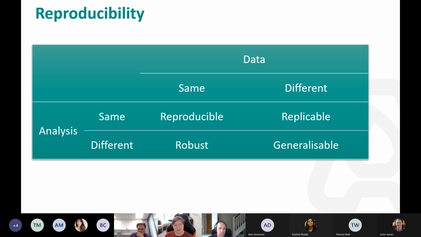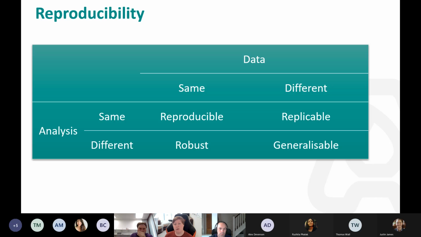Data is inherently very complex. You can have the same code, run it over different data, and have a different outcome. Similarly, if we use a different algorithm, we get a different model. So there's a lot of complexity inside the analysis and data science part of reproducibility of our code.